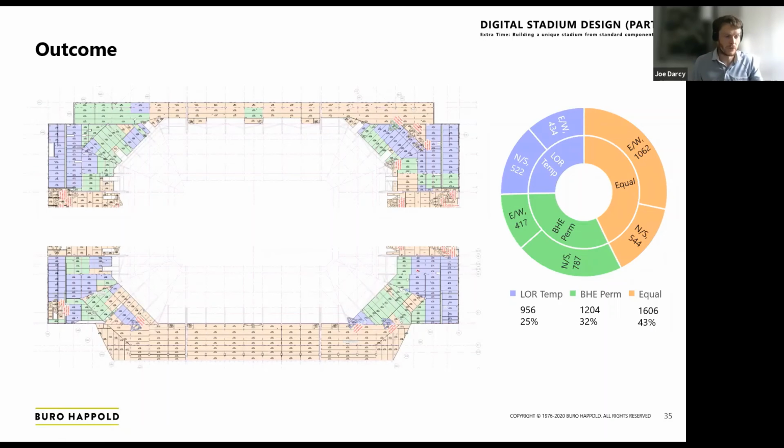This is looking at one of the levels in the north and south for the lattice, and how much of it is governed by any particular aspect. You can see here that the vast majority of the design is equally governed by a permanent condition